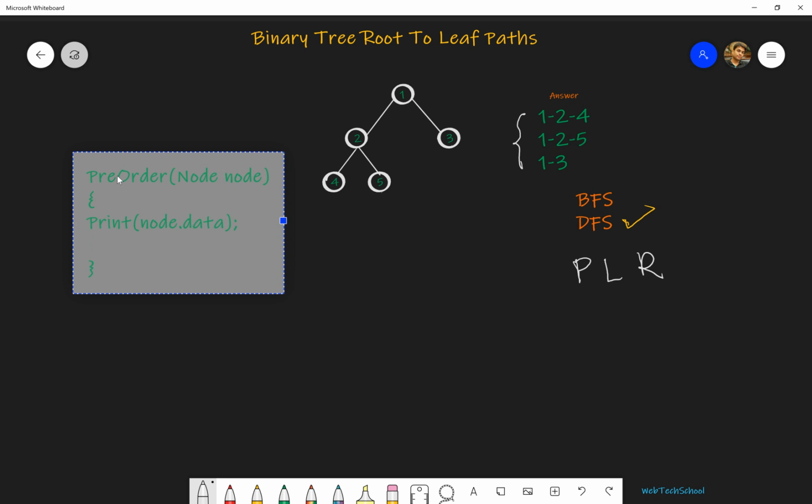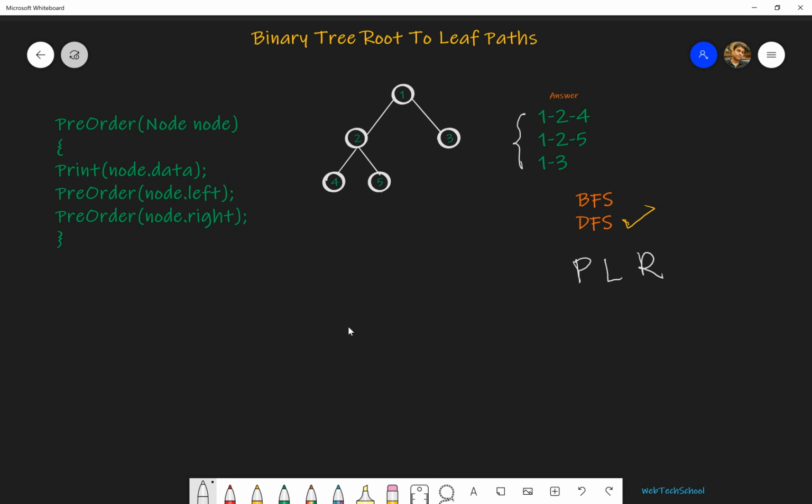Then we go to its left child, so I will again call pre-order on the left child, and then we go to its right child. So this is the pre-order recursive approach. We first print the parent node, then we explore the left node. Once the left node has been explored, then we explore the right node.